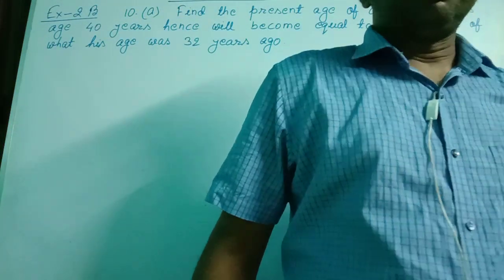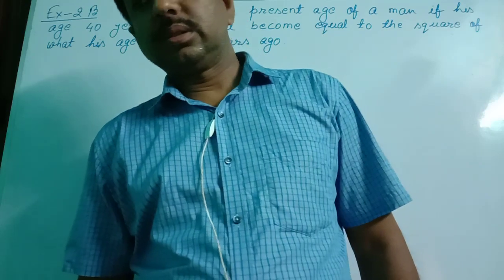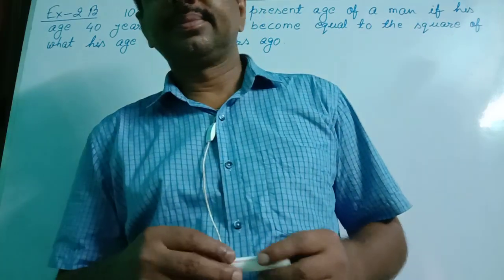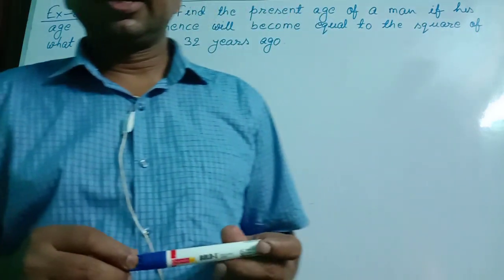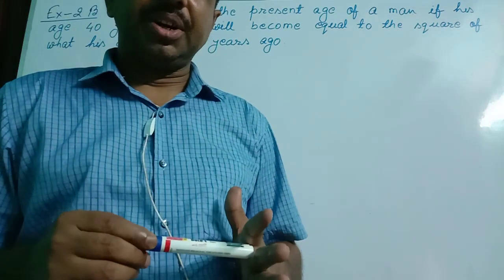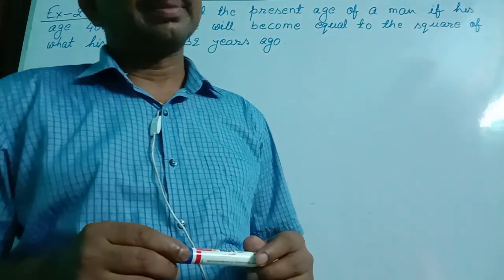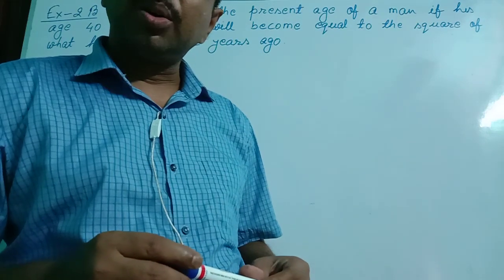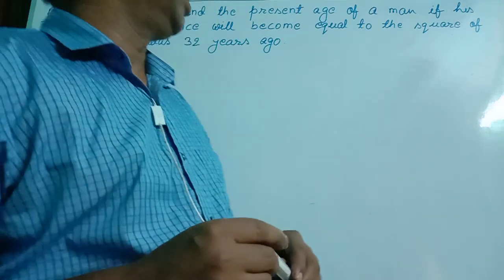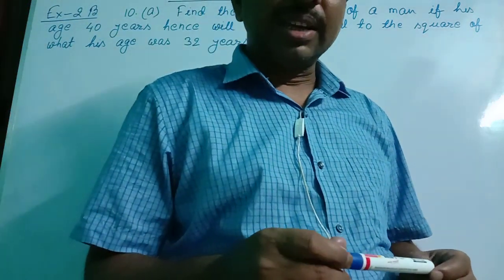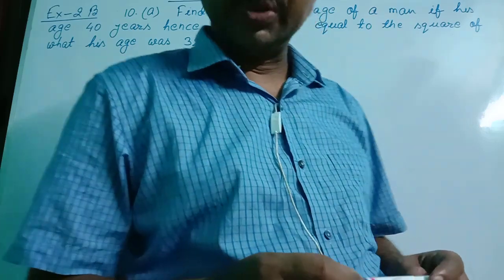So my dear students, what are we seeing as the basic concept of the statement based question? First of all, to understand the statement, after understanding the statement, to frame the quadratic equation, and after framing the quadratic equation, to solve that equation. And in solving the equation, I replaced the old process and applied a new process. For that, today I gave the name to this chapter as tricky approach to quadratic equation.